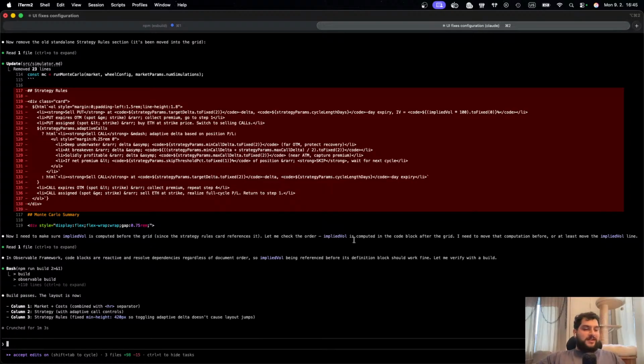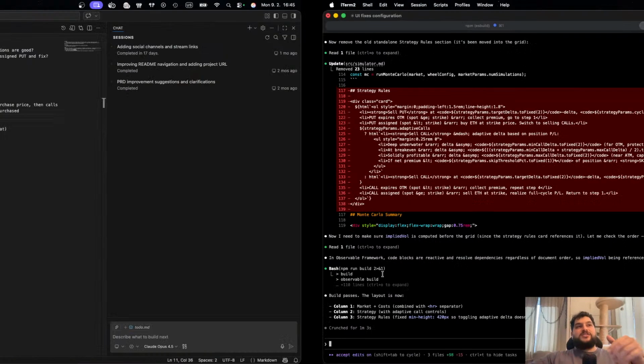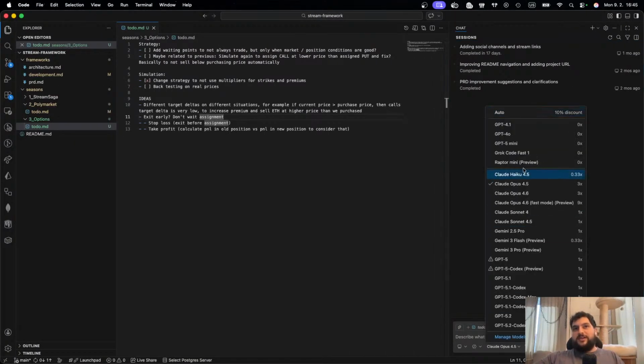So this really depends. If you know what you do and you don't have complex stuff, you want to think about architecture yourself and you give precise instructions, you actually can use free models as well. Like this one, Grok Code Fast 1, is actually pretty smart. It just doesn't have a big context, but if you tell it what to do, it does it, and it's for free. So it's also a thing to consider.